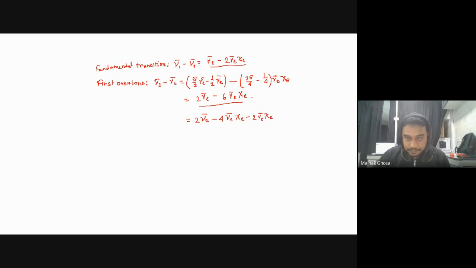So I am taking these 2 common from the first 2 terms. Taking 2 common will give me nu e bar. I can also take nu e bar common, but I am not taking that, minus 2 nu e bar chi, right? And this will become this one. So